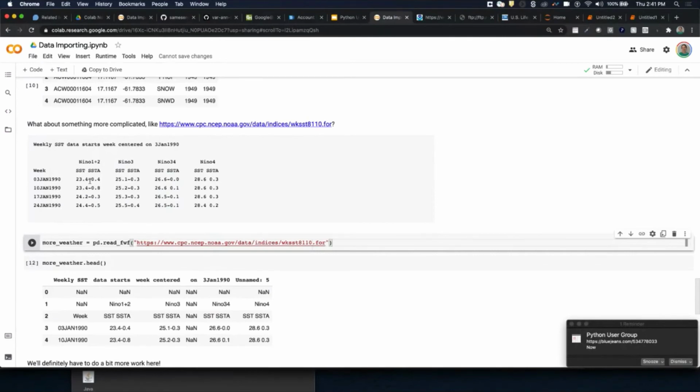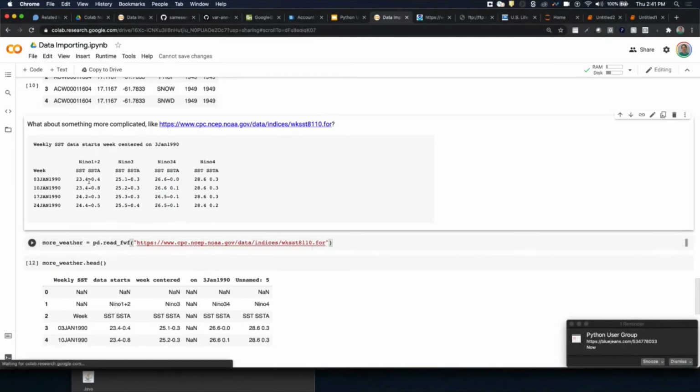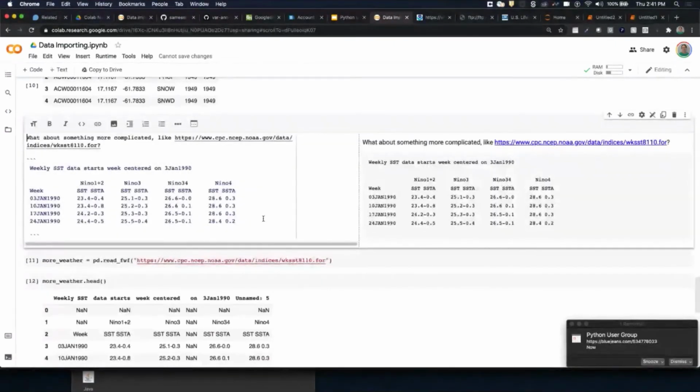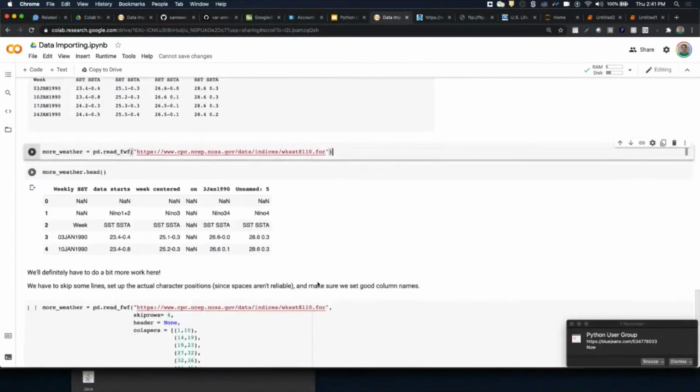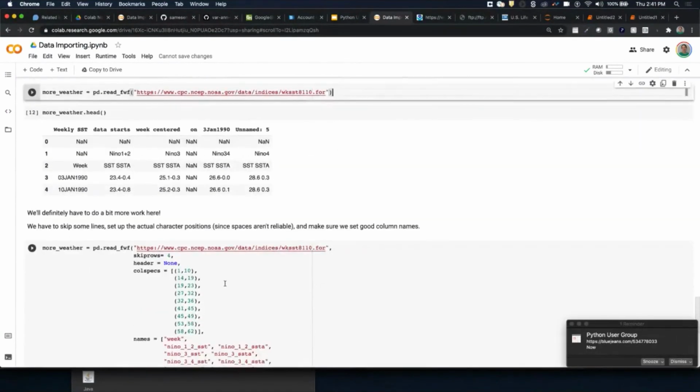We also suspect that it's not going to pick up on the difference here between this value and this value, because it looks like it's all one, right? Pandas is going to make the same mistake I did, which is this is all text smushed together. It's all one thing, and we know that it's not. So this is an example where we have to do a little bit more work.